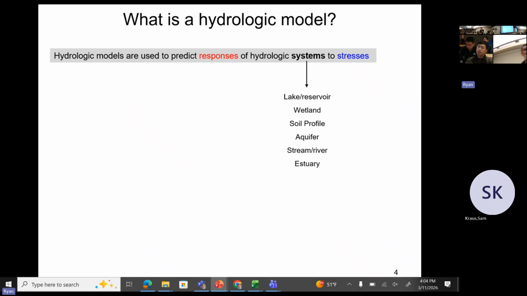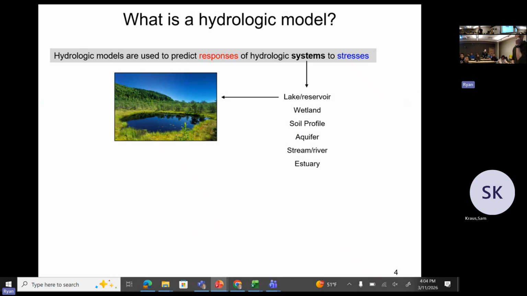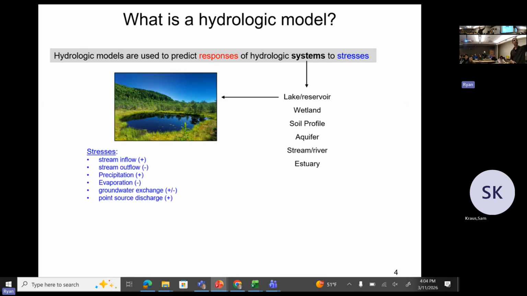Now, when we talk about hydrology, we have different systems we're looking at. So we have lakes and reservoirs, we can have a wetland, soil profile, an aquifer, or an aquifer system, streams and rivers, and then estuaries. And what we're trying to figure out is based on all these stresses, so we have inflows and outflows, and we have a small lake as an example here, precipitation, evaporation, groundwater exchange with the aquifer, and maybe a discharge from a point source. Those are the stresses,